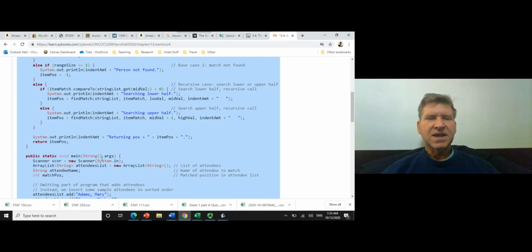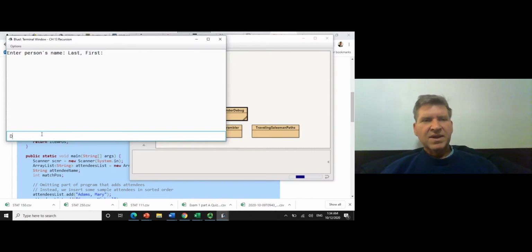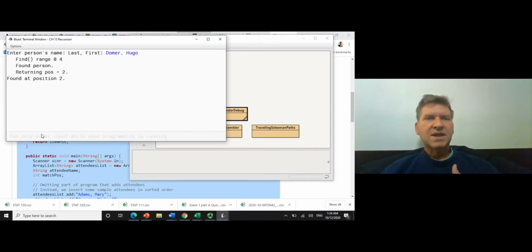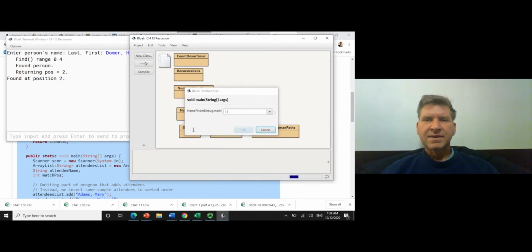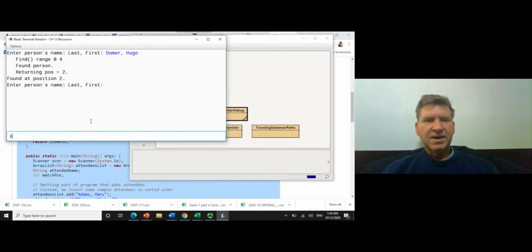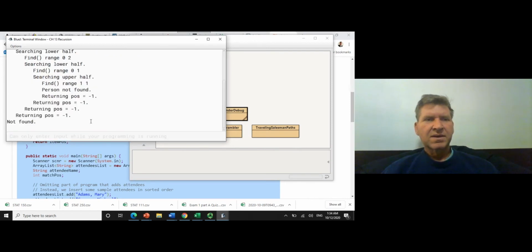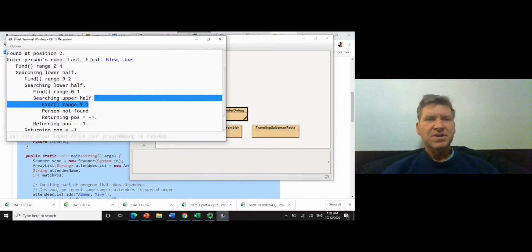So let's do this. Let's take this and go to BlueJ. And again, we can look. And you can see here, this is output that we didn't have in that original run. Now running it again, you can see that it does. By doing this indentation, which is what the book is trying to illustrate, you can see when it's making another